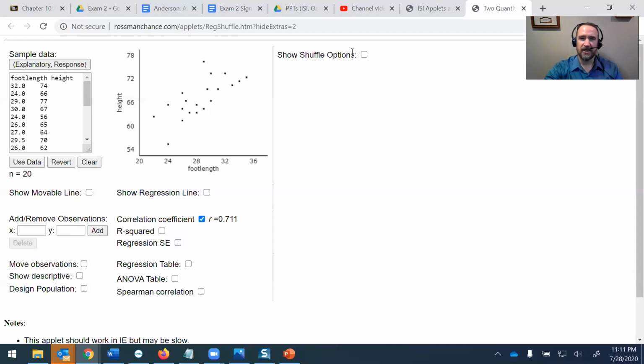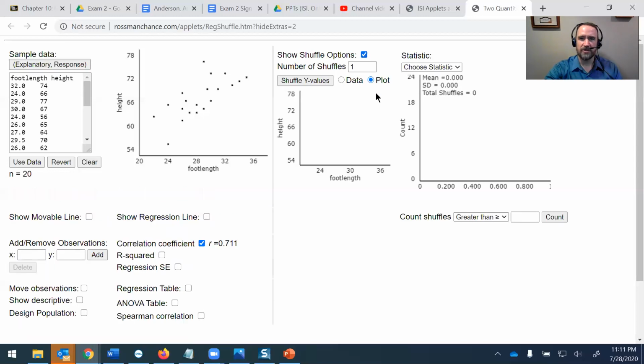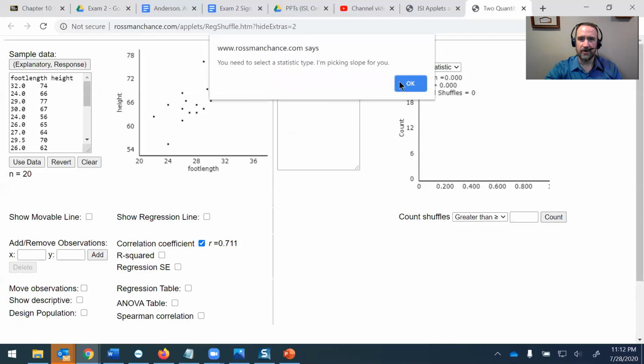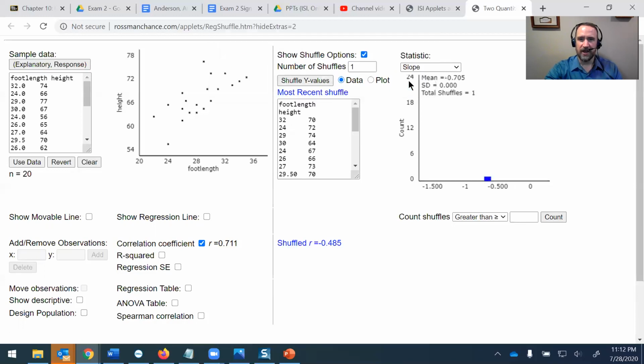Next S is simulate, and we need to show our shuffle options in order to bring the simulator up. And let's just try one. What we're going to do is shuffle once and shuffle the Y values. In other words, we'll leave the X's alone, but mix up all the heights here. And I'm going to go ahead and show the data here. Oh, I forgot, it always needs you to pick a statistic. Let's pick correlation. Okay, so as I mentioned, it's left all the foot lengths alone, 32, 24, 29, that's the same,